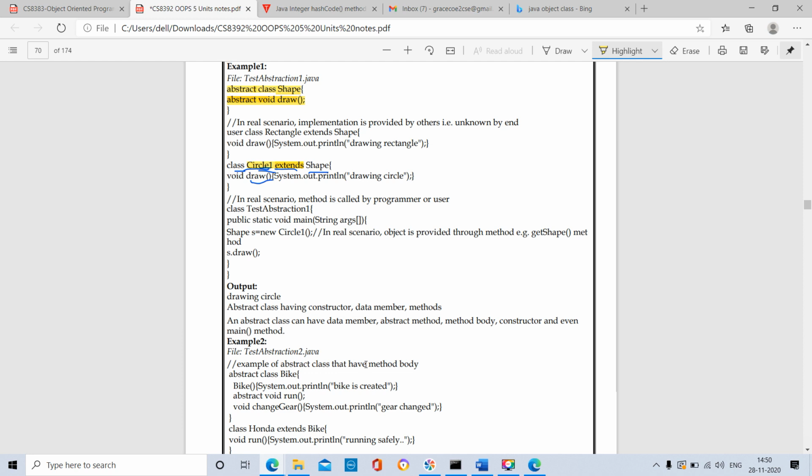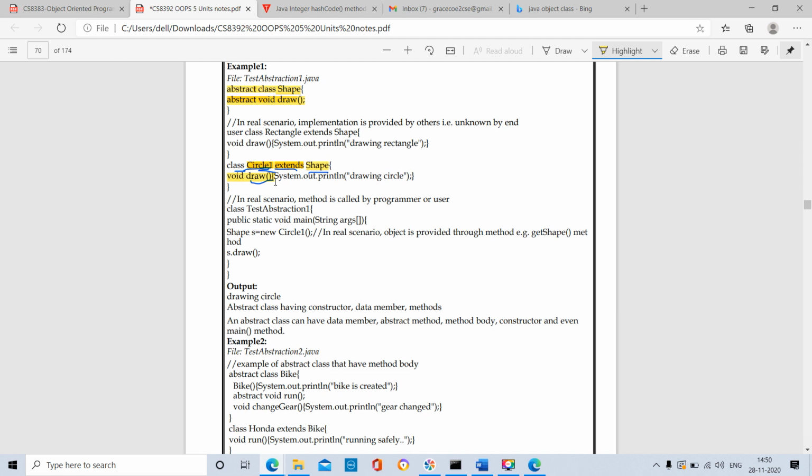By using the extend keyword, what is the purpose of the extend keyword? It is used to derive a subclass from the superclass. Our superclass is shape, so the subclass is circle 1. In this circle 1, we are defining the void draw method.